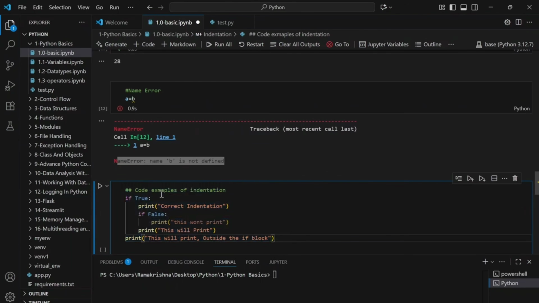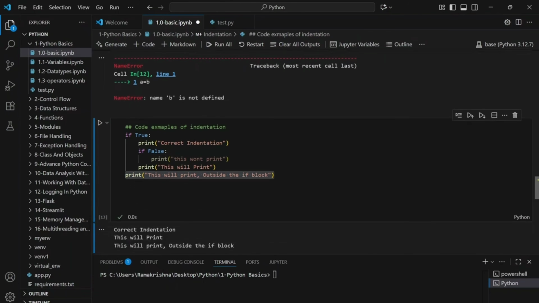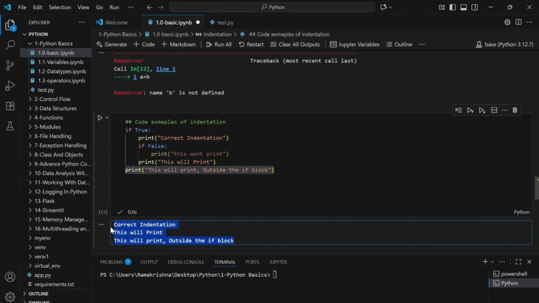If you see here, by default this is true, so this should get printed, and this won't ever get satisfied, so this print statement won't get executed. When we come out of this if block, this will be printed. And when we come out of this if block, this will also get printed. So in total, there should be 3 print statements getting executed, and let's check the output. Okay, we see 3 print statements.